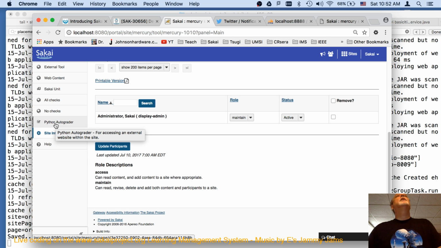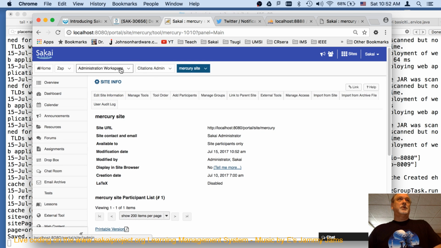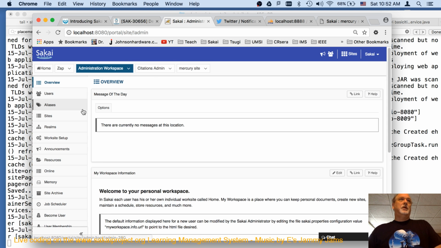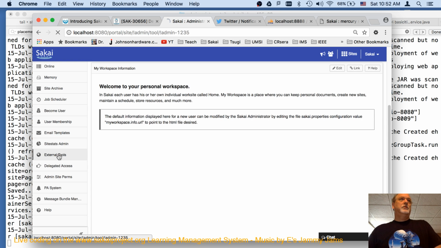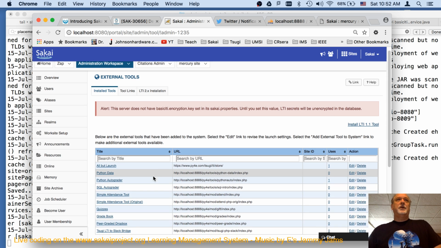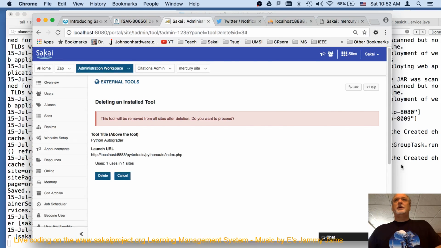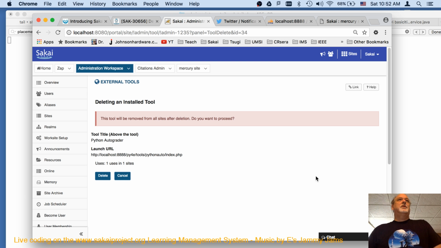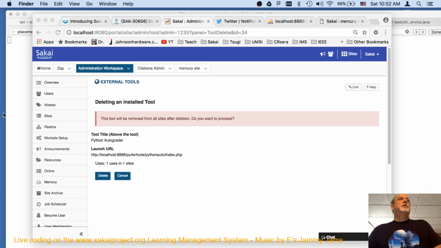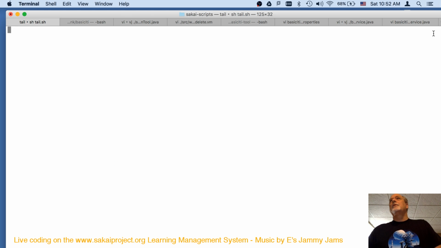Okay, Python auto grader. So now I'm going to Administration Workspace, go into External Tools, auto grader. This guy right here. So Command K. Done.